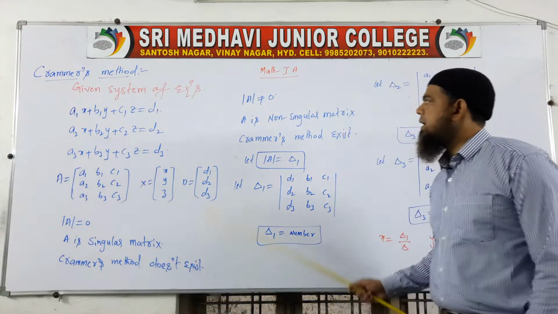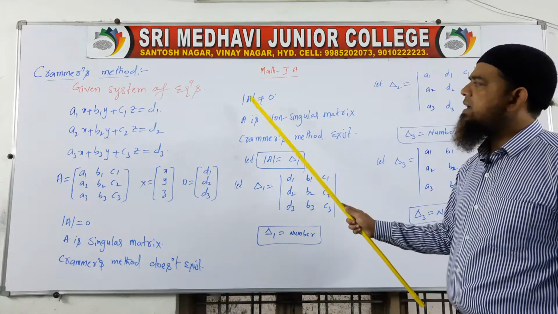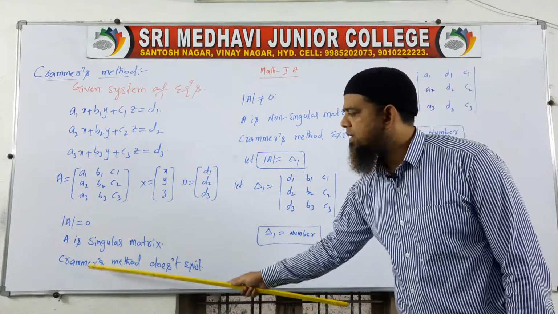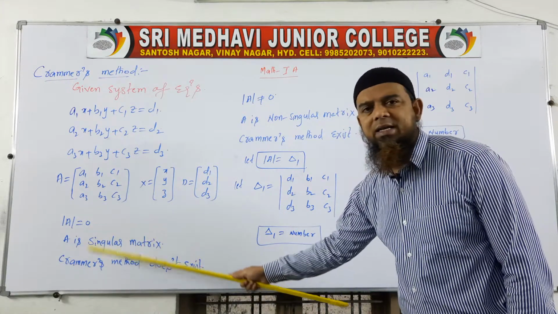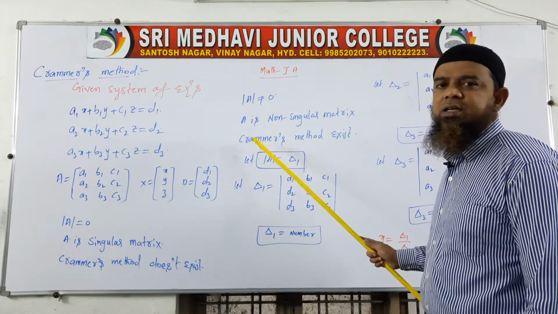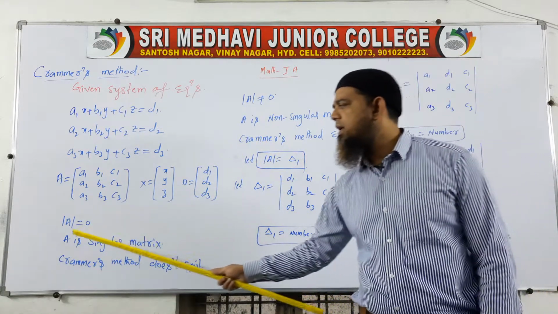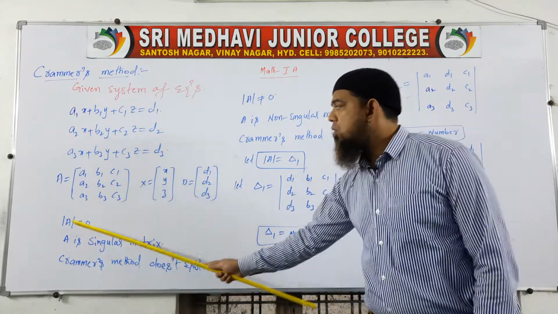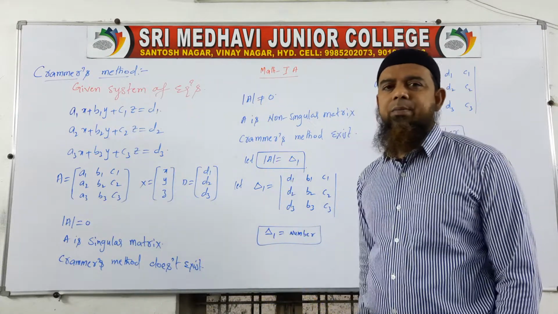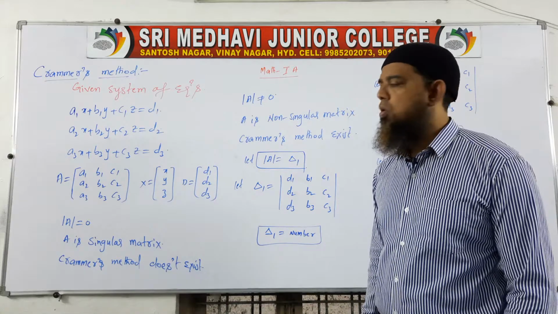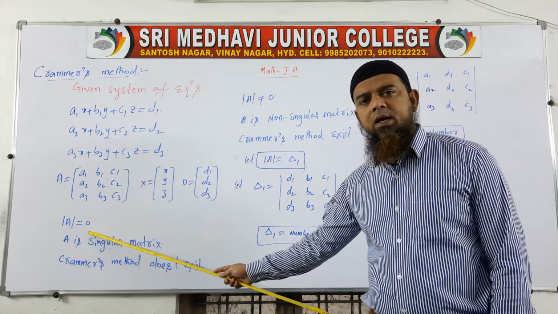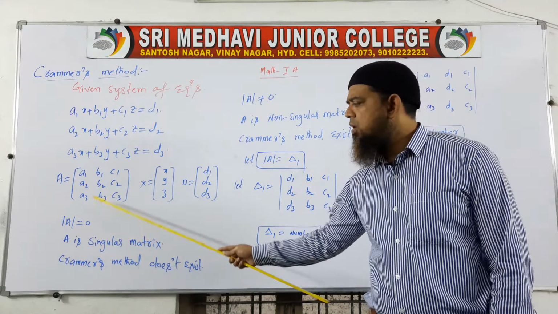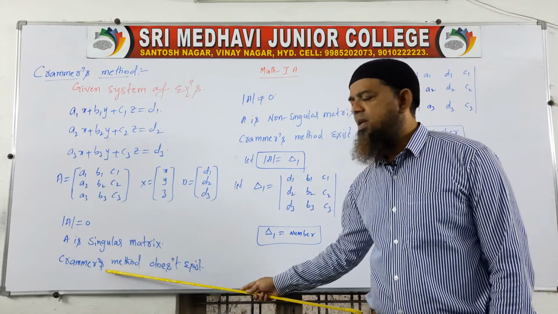Now the continuation. When you find det A, if it is not equal to 0, this is case 1. These 3 lines are called case 1 lines. These 3 lines are case 2. In one case, det A is equal to 0. It is an if case, an if case. Don't take both cases at a time. Sir, how is it possible? No, no. If you are finding the determinant, you just check whether it is 0 or a number. If it is 0, write down these 3 lines and you just stop here.